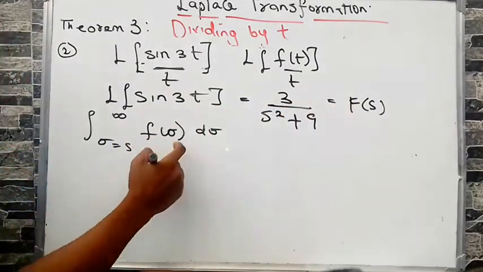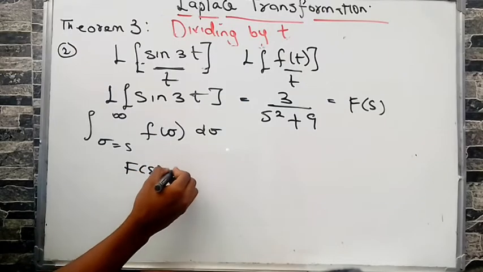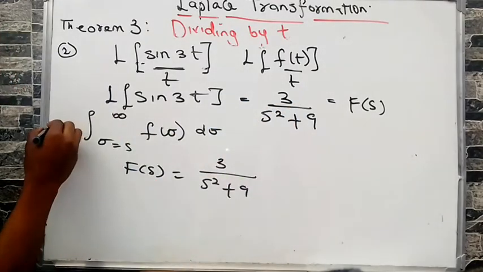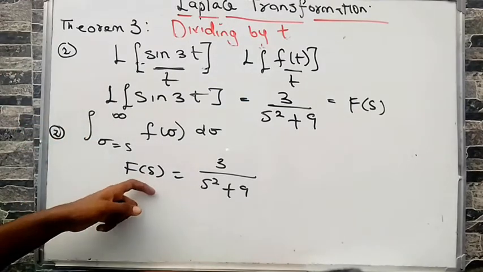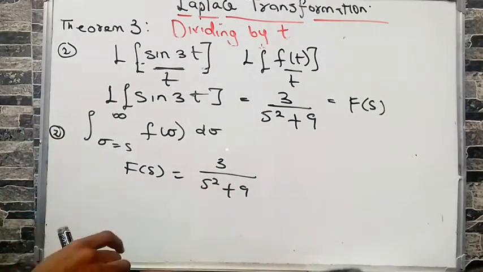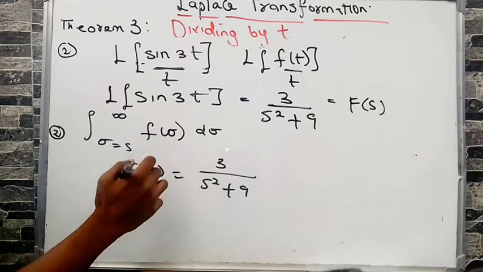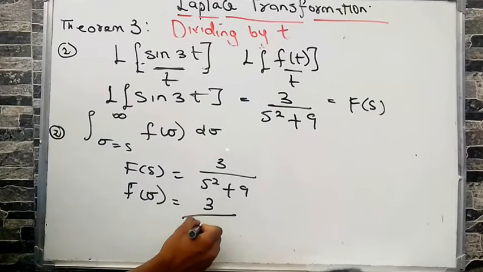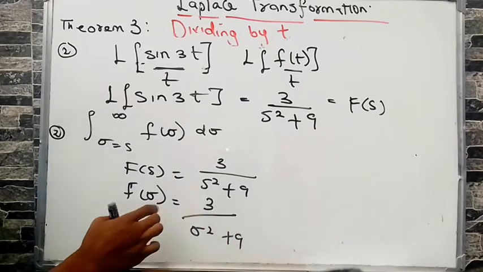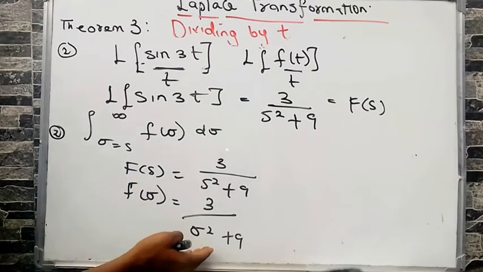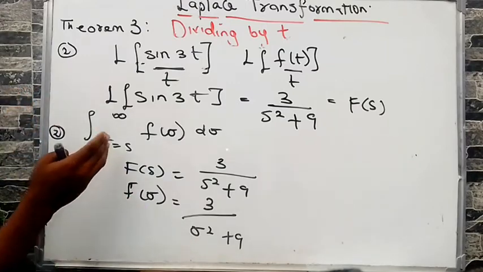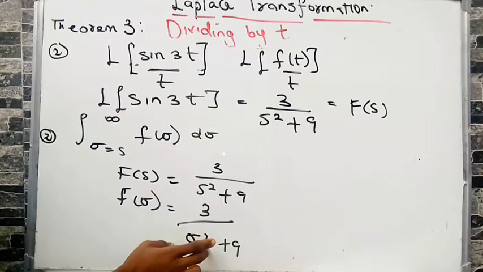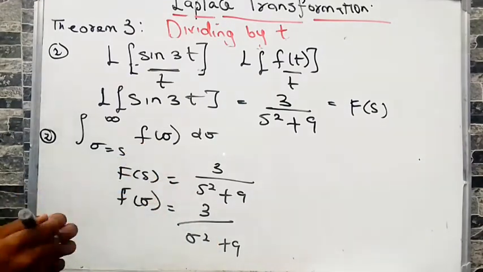So since the function of s I'm having is 3 divided by s squared plus 9, this is my second step. What will be my function of this variable? It will be 3 divided by this variable squared plus 9, just like replacing s with this variable. So what I need to do is put it back here and integrate it. Substituting this now, we'll be having